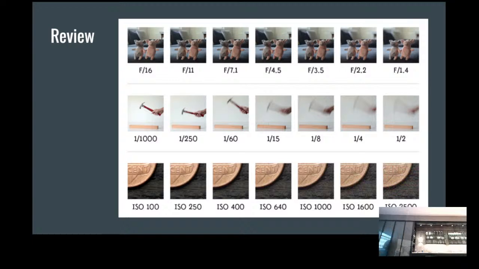As we start to go up in the numbers, we're starting to lose a lot of that clarity, to the point where when we get to 2500, we can see the heavy pixelation on the coin, and we have this nice big graininess that's kind of going on there. So again, ISO is great, set it accordingly, but be careful when you're using it, because the higher you have it and the more sensitive of an area, the less that you're going to be able to get a clean